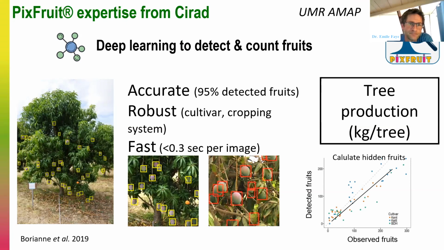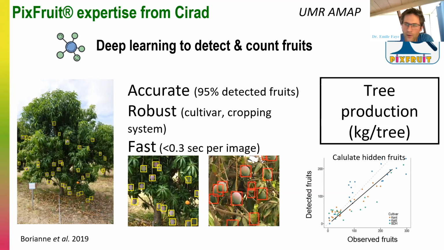Then we worked since 2016 on deep learning to detect and count fruits from RGB images, basically smartphone images. We started with Faster R-CNN, which was at this time the reference for object detection, and we quickly switched to YOLO v4 and now v5, which is an algorithm that we fine-tune from the COCO dataset with our own datasets on mango in various countries in West Africa,